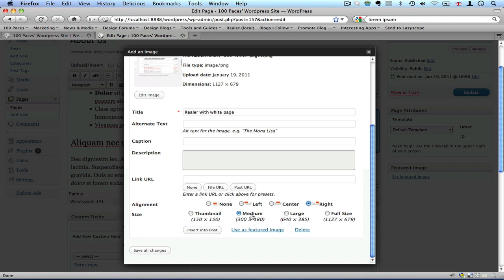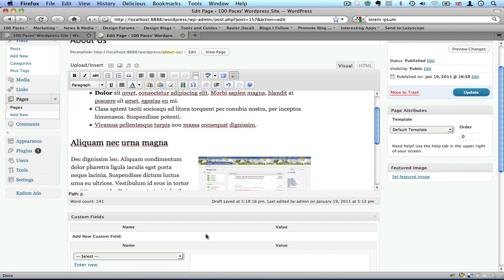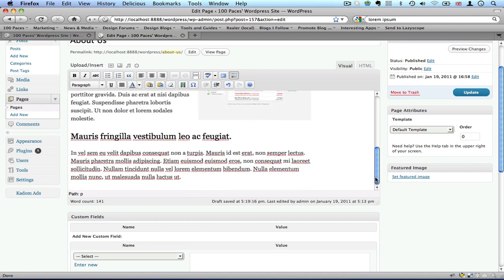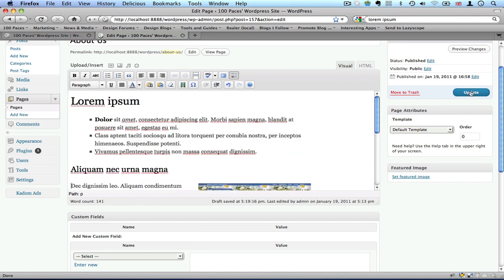So I'll choose right. Because my image is so big, I'm just going to choose medium size, and I won't have a link. Actually I will, just to show you. So I'll just go file URL. Okay, so it'll link to the original file, and I'll just go insert. Okay, and there we have it. And I'll go update,